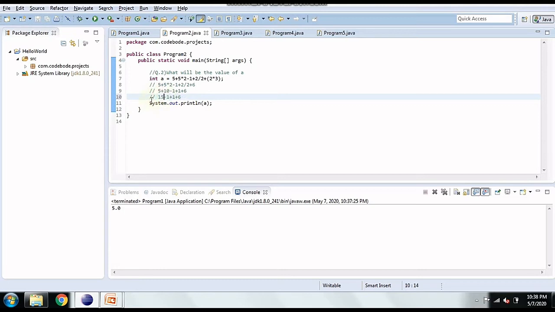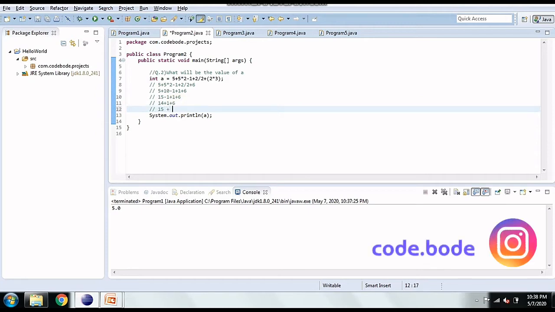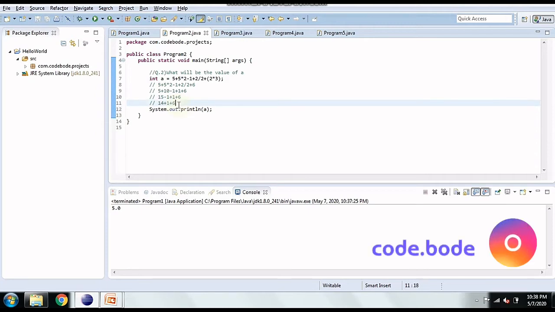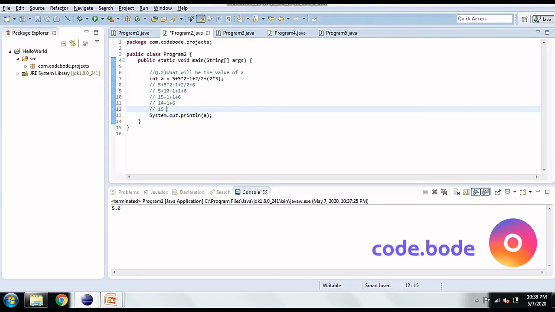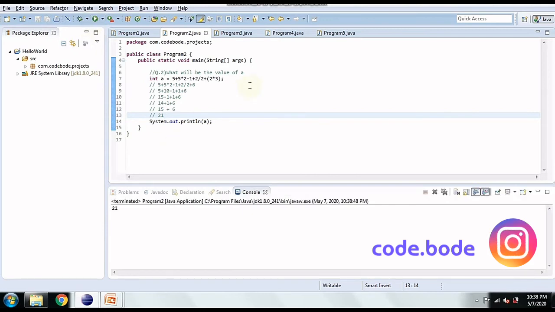Then 15 minus 1 is 14, plus 1, plus 6, which is going to be 15 plus 6, which is 21. So our output is going to be 21 here. In this way, following the order of execution, the compiler evaluates the expression.